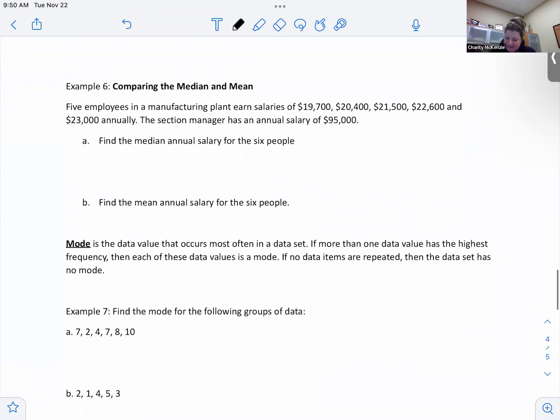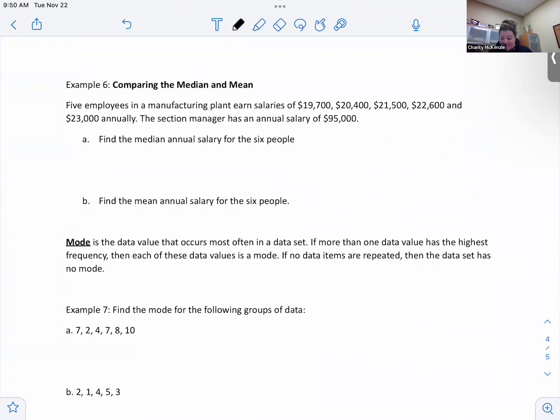Okay. Why the heck? We haven't even done the mode yet. Why the heck do we have a median and a mean? Why do we have more than one? Why do we have the mode? So here's the thought process. What if I'm talking salaries, and I have this dude who lives in my state who makes billions of dollars and is super rich. The rest of us are very, very low. His average in our mean will really make it look like we're way richer than we are. So a mean can be skewed up or down by outliers, by big or small numbers.